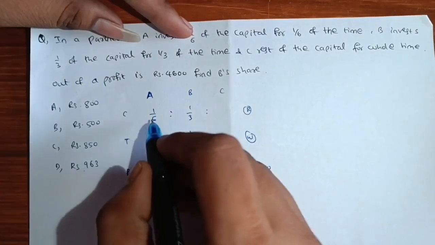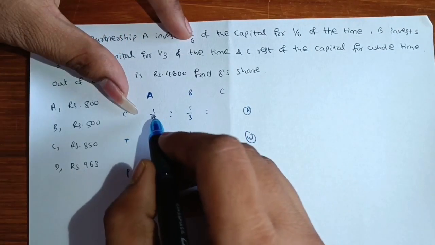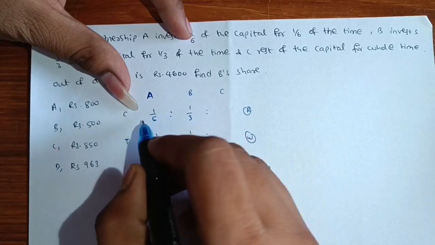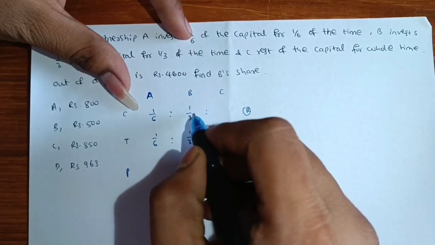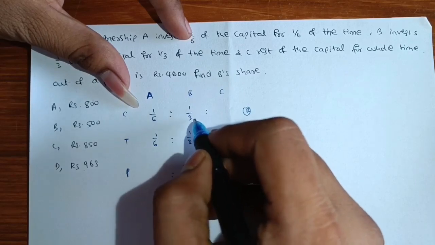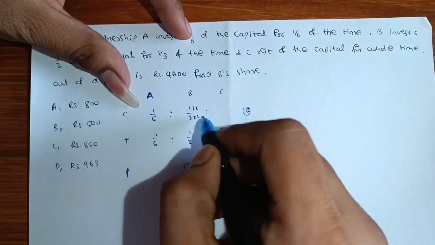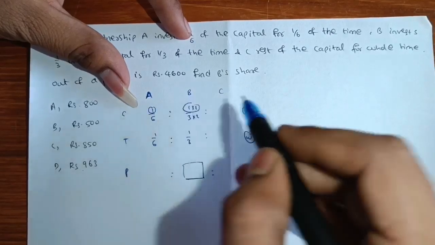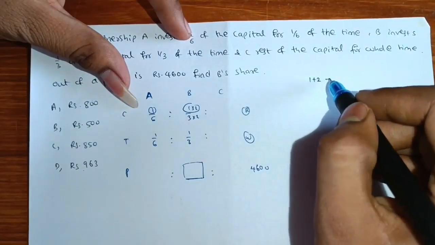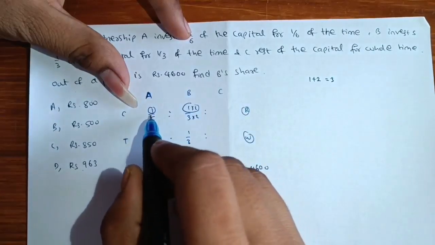So here perform LCM to this, like 6 and the 3, the LCM is 6. So in order to make the denominator 6, here we need to multiply the numerator and the denominator with 2. So here it is 1 and here it is 2. 1 plus 2 is 3. So the total